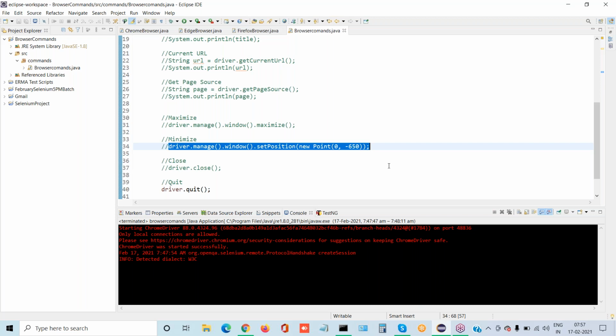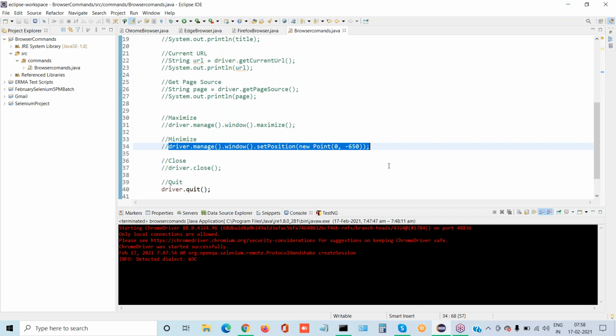Always remember, guys, the mistake people make is that they write the entire code and then execute. Don't do that. Write one line, execute. Write the second command, execute. Third command, execute. See whether your code is stable or not. Some people copy everything and only run the code at the end. Don't do that. Always check whether minimize is working, maximize is working, get title is working. Slowly, do it step by step.